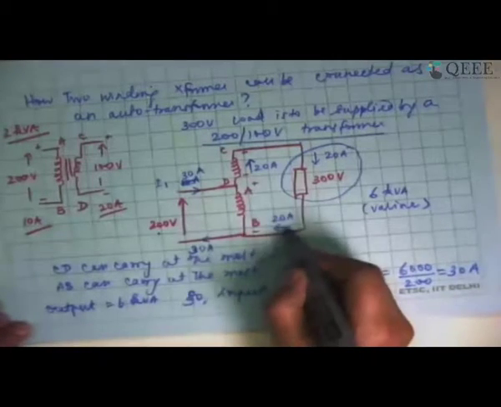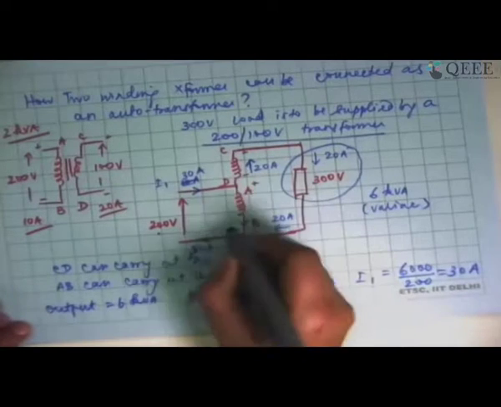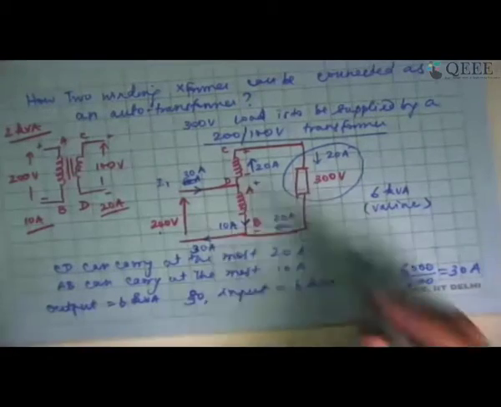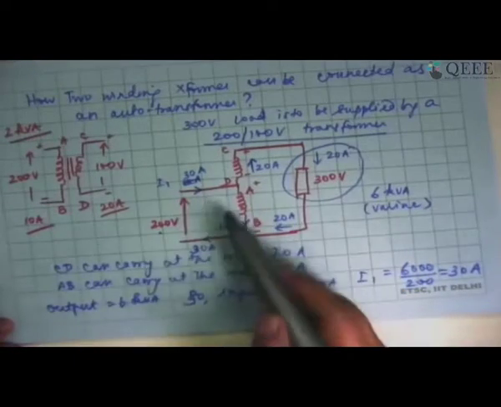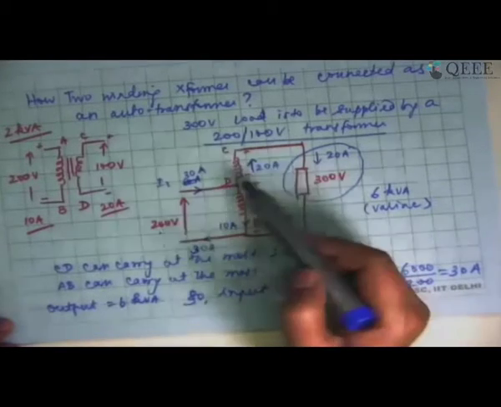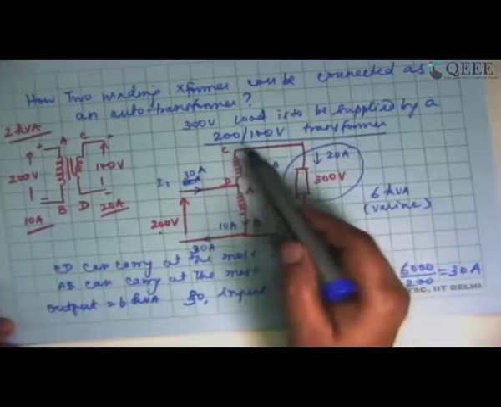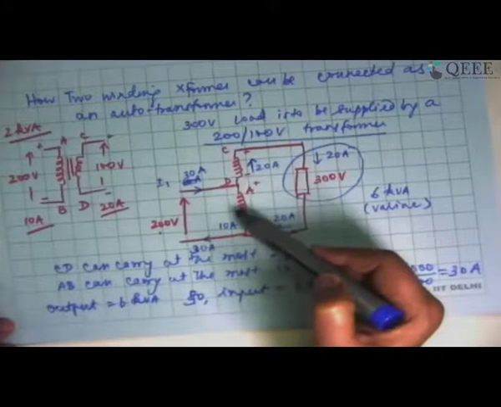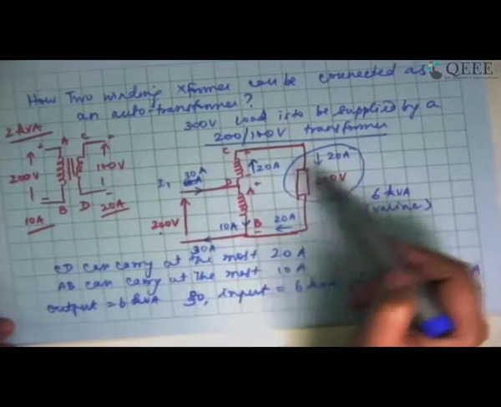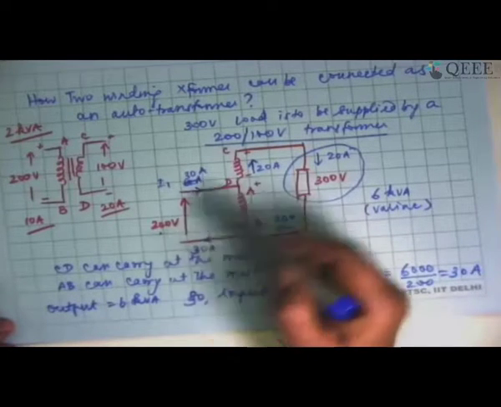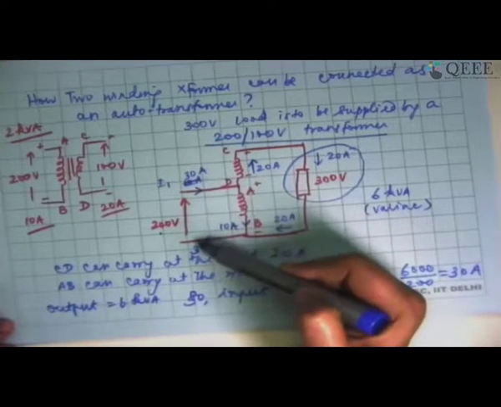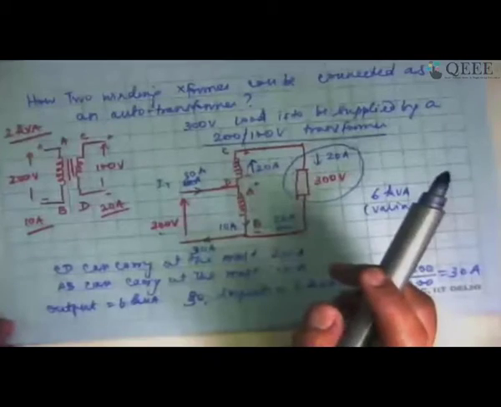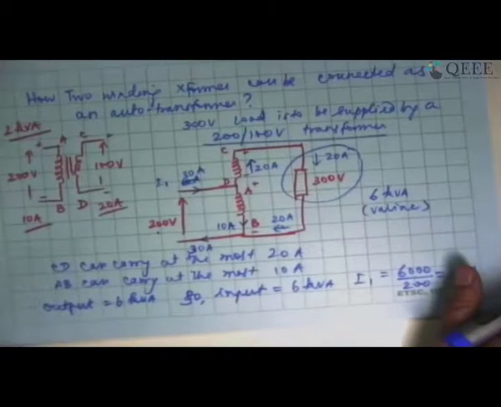If this is 30 amperes and this is 10 ampere, that means I have to have probably 10 ampere coming from here. So you can see that AB carries 10 ampere, but from up to down direction. But CD carries 20 ampere from down to up direction. So always you fix the currents of the windings at their maximum value. Then calculate the load kVA. Load kVA will be equated to the input kVA, from which you can determine what are the input currents. From the input currents and the winding currents, you can always determine the directions. Not a problem, right?